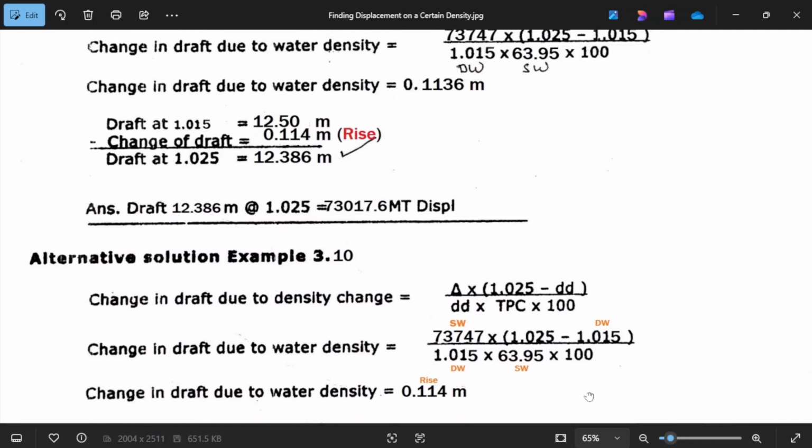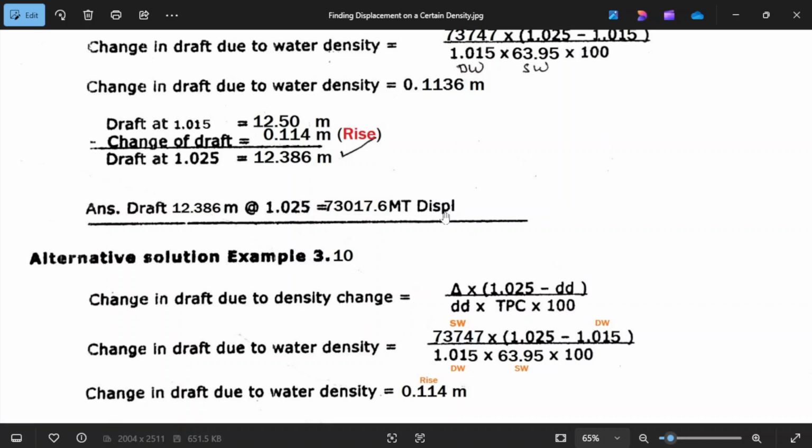I just put here, if you notice, red markings. 73747, this is the salt water density displacement, and the brackish water density is 1.015. This TPC is salt water of 63.95 times 100, and the change of draft due to density is 0.114.